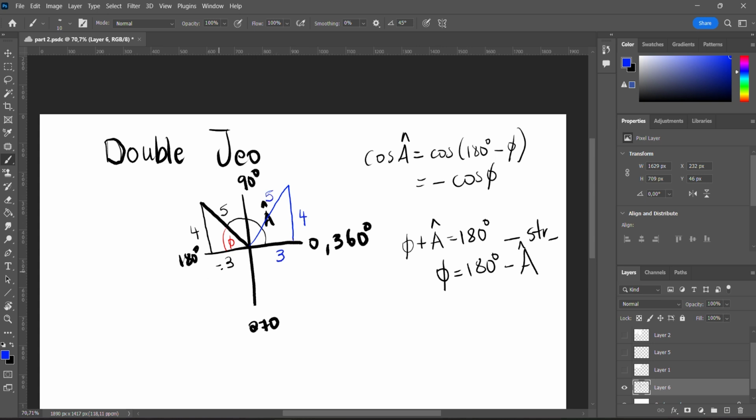Now if I don't do that, I will jeopardize the angle twice. So I would say angle A is in the third quadrant, and still angle phi is in the third quadrant, and this will make the equation minus cos equal to minus 3 over 4. But this minus 3 over 4, cos is negative in the second, but we've already accounted for that in the 180. So that's kind of the thing that I was explaining with double jeopardy, is that once you determine this,